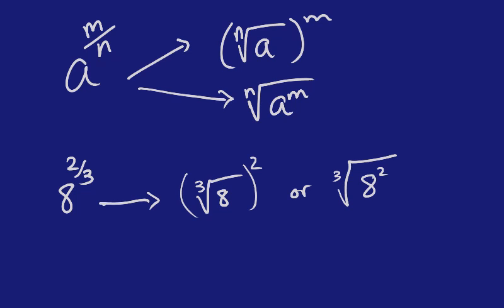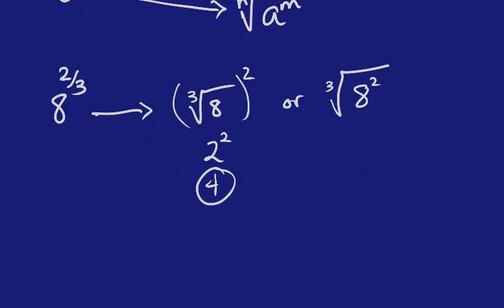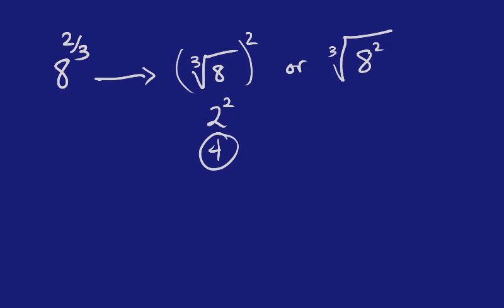8 squared becomes 64, and that's a bigger number, so it might be easier to work with a smaller number. And we already know the cube root of 8. The cube root of 8 is 2, and then 2 squared is 4. And so that's how you would evaluate it. And so I'll do one more, just so that you can see the idea, and I'll leave that in the problem. So what if I said it was